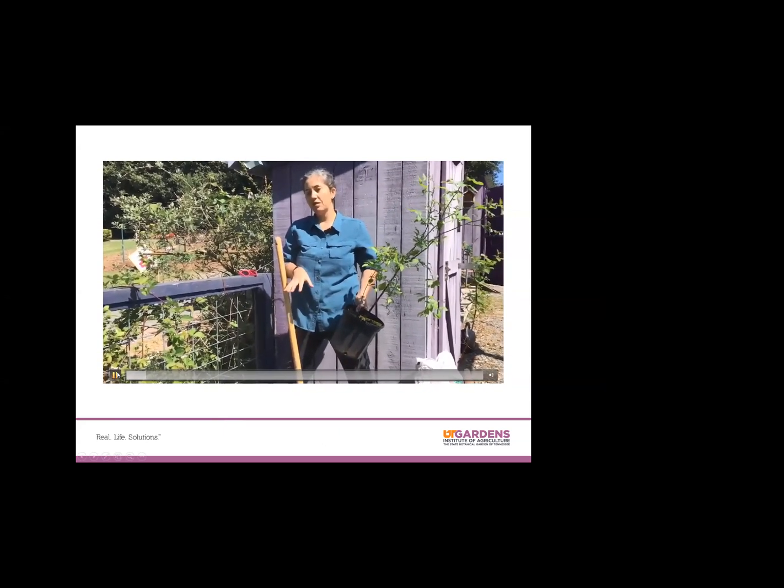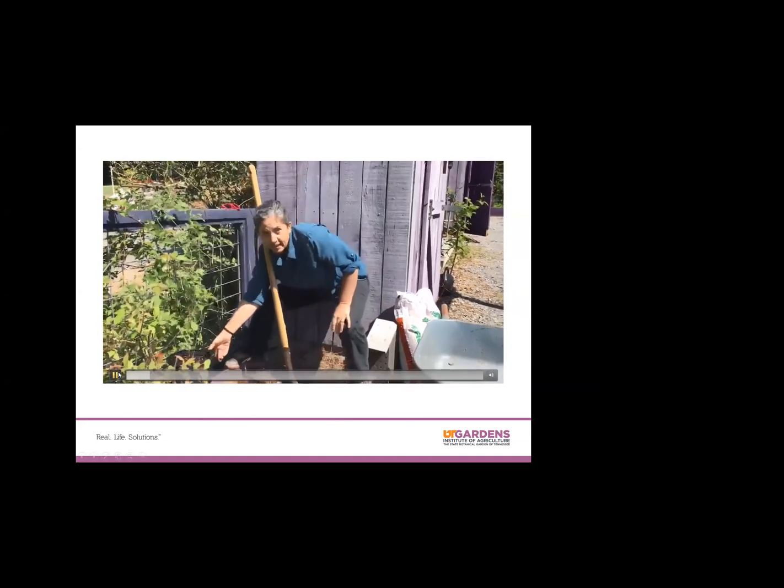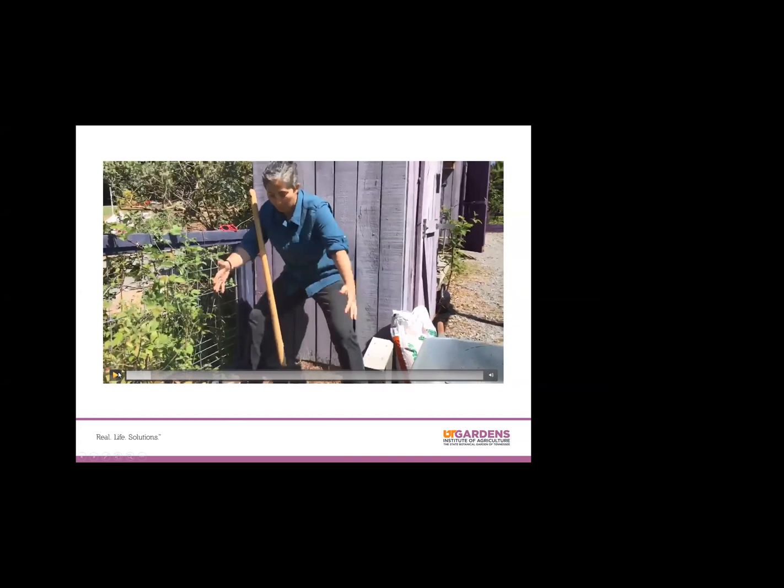It's already here in the raised bed. So the first thing that you want to do is dig a nice